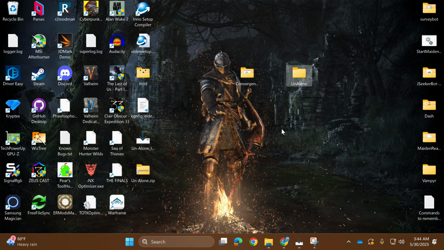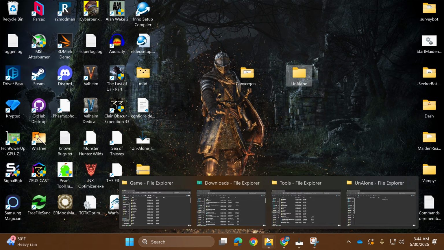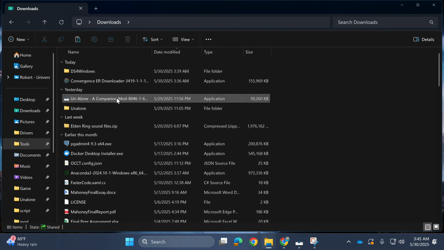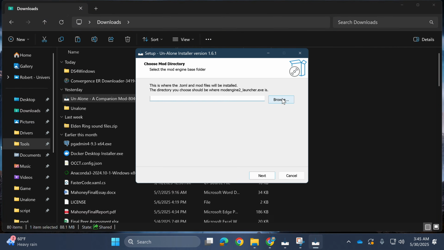Hey guys, I wanted to make a video here about how to merge my current version 1.6 with the Convergence mod. So starting off, you're going to need two things, the Convergence mod and the Unalone mod. I've already run the Convergence mod installer as it can take a while, but for installing this, go ahead and